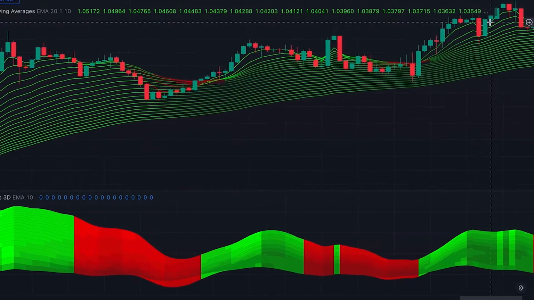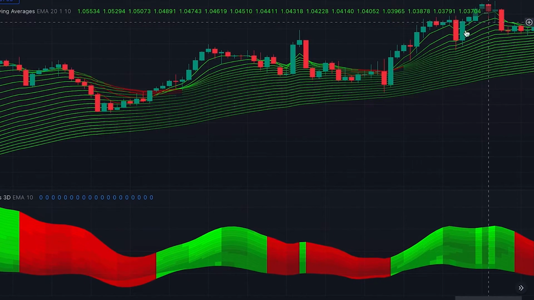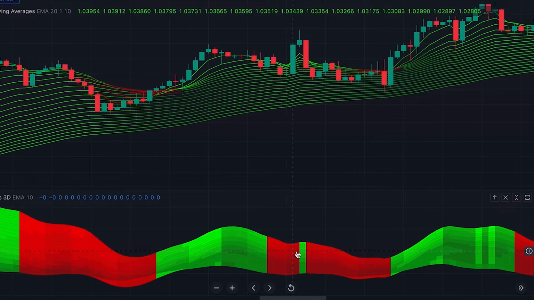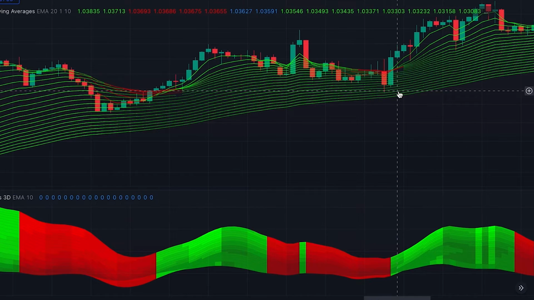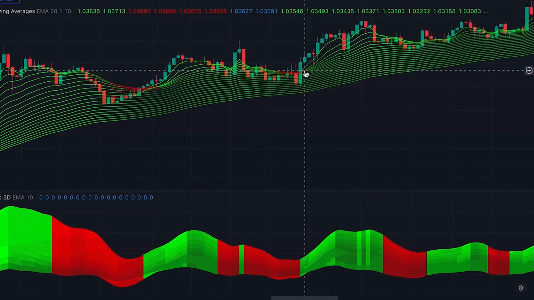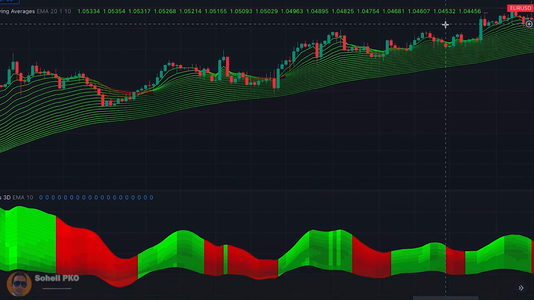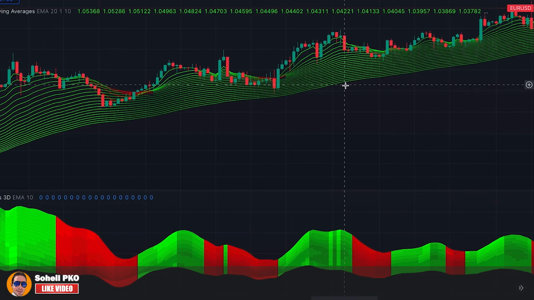Please pay attention that we are dealing with probabilities. For example, here after this red area, it turned to green color, signaling us that the price is gonna advance, but the price declined more. And after that, at this point, actually the pullback ended and the price truly advanced, as you can see. So always remember that you shouldn't trade only based on this indicator, and other indicators and tools must also confirm your trading